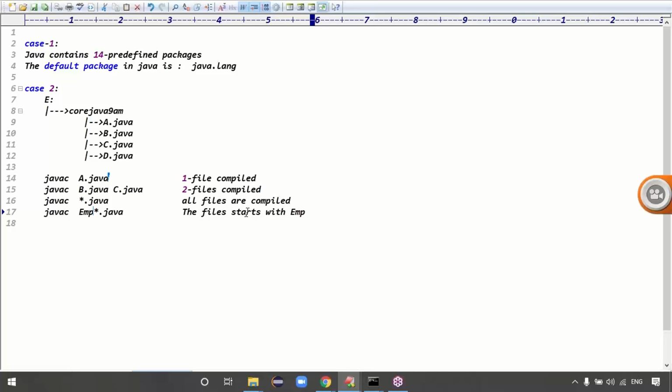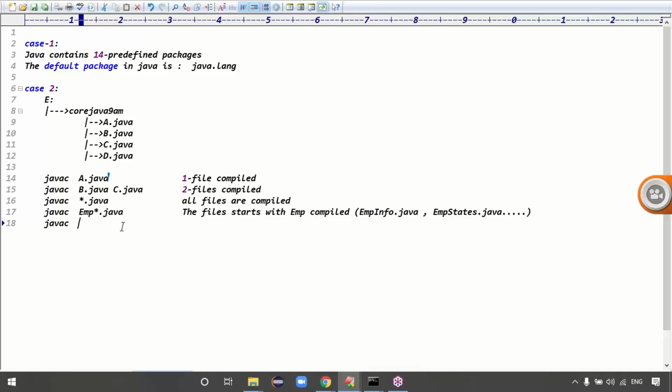The files that start with emp are compiled, like empinfo.java, empstatus.java, like that, guys, etc. Is that clear? Emp*.java means the files which start with emp are compiled, right?